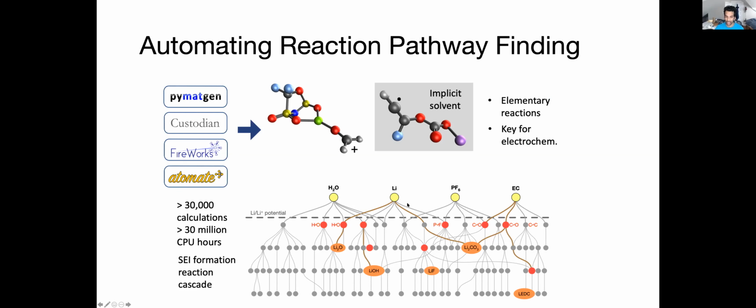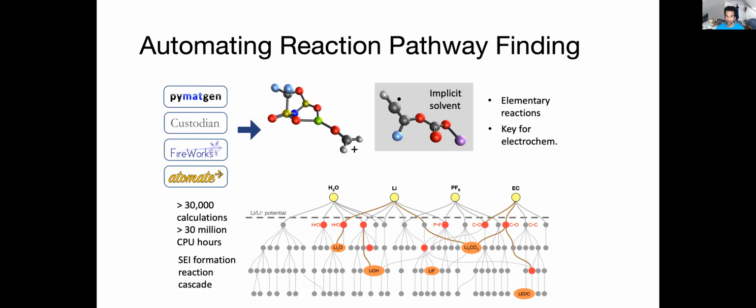At the bottom here, I have a depiction of a very simple, what we call a reaction cascade. Even though the electrolyte's only composed of a couple different elements, it actually goes through a lot of different intermediate states in which bonds are broken before it forms what we think are the components of this SEI. So lithium carbonate, lithium fluoride, LEDC, lithium hydroxide. These are all things that could form the SEI, but we don't know how the SEI or how the system